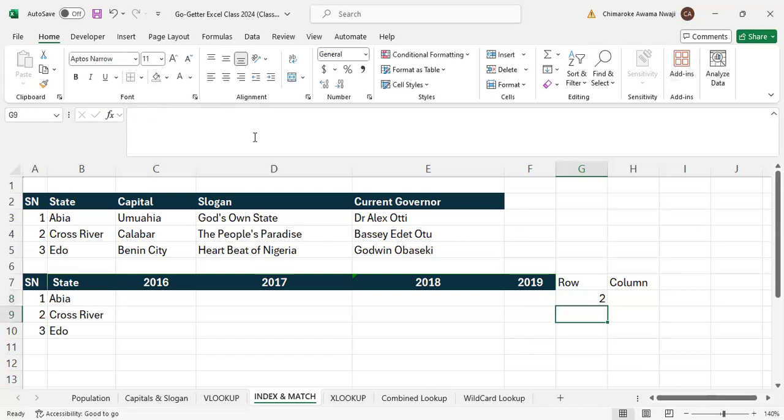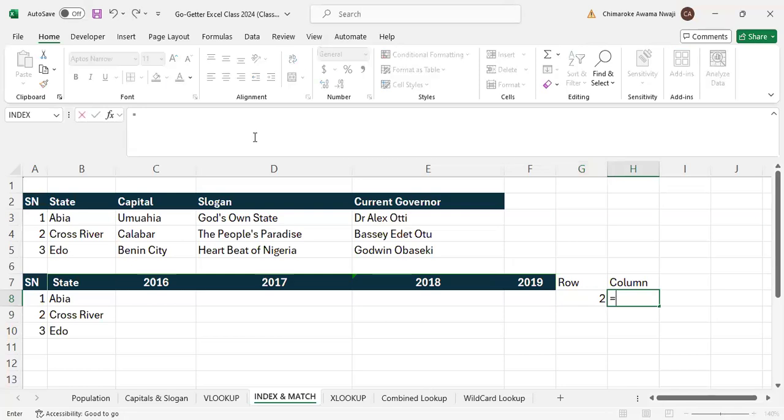Now I have achieved something. Now let's look at this, our row reference number. Look at our column reference number. Let us see. Match,